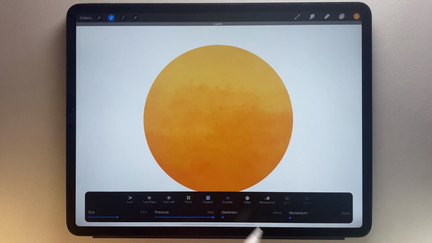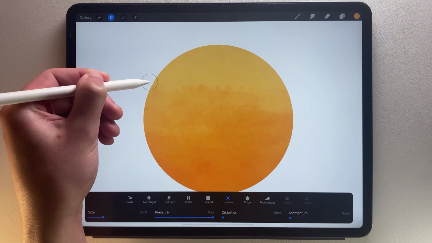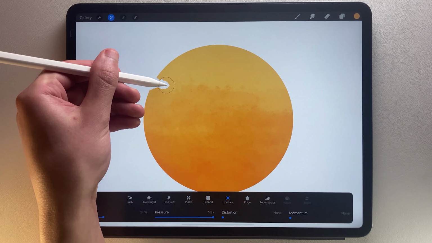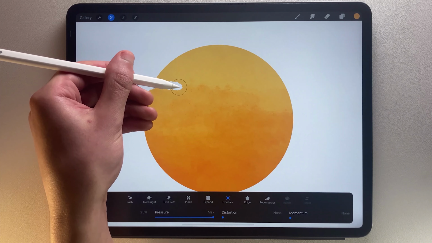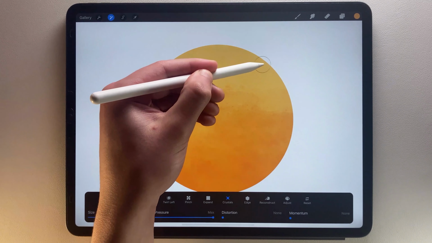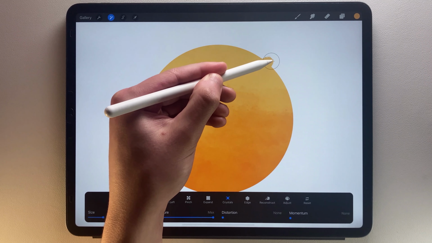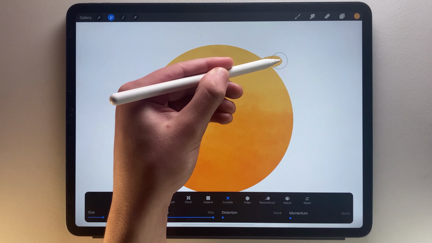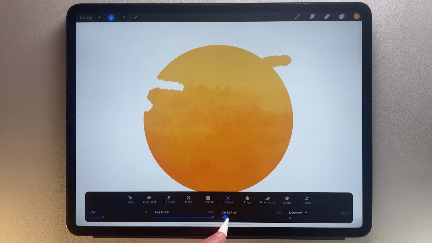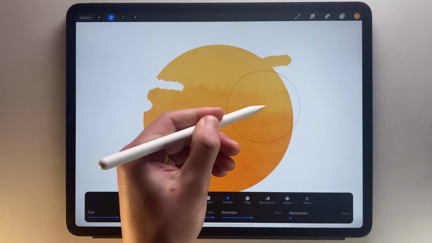Crystals create lots of small, sharp shards. And if you hold your pencil at a flat angle, the effect is focused on one direction. As you can imagine, with distortion on, this enhances the effect even more.